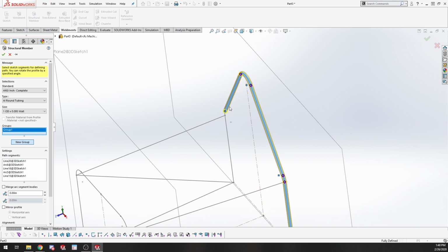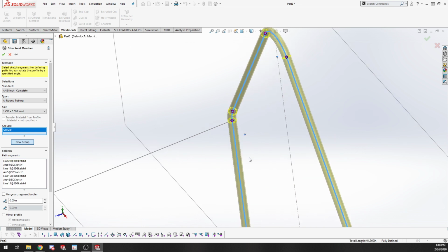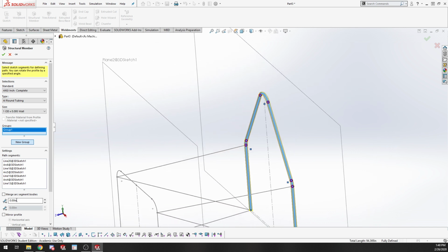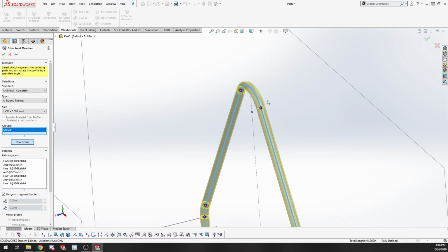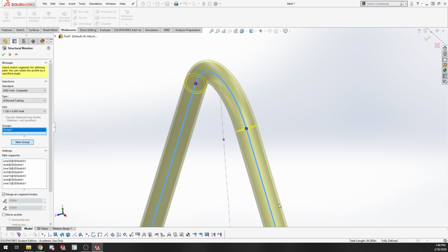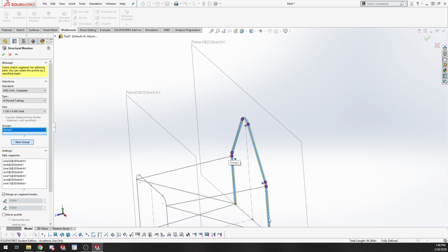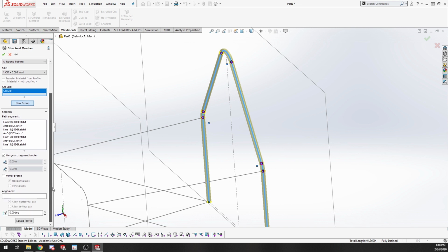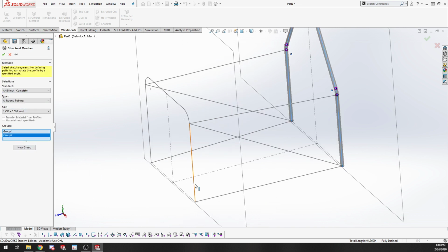And you can see we can add in curve geometry. It's not just straight pieces that we use for weldments, curves as well. And then we have this option here to merge arc segmented bodies. What that does is every time that there's this arc, it's just going to create one smooth piece all the way through. We actually want to keep all that as one part. It's not just going to be a bunch of individual, like a bend piece and then a straight piece, I believe. And then we'll go ahead and make our front roll hoop,